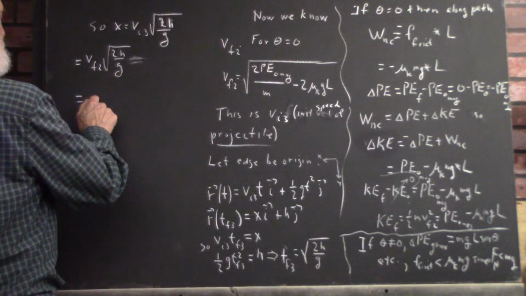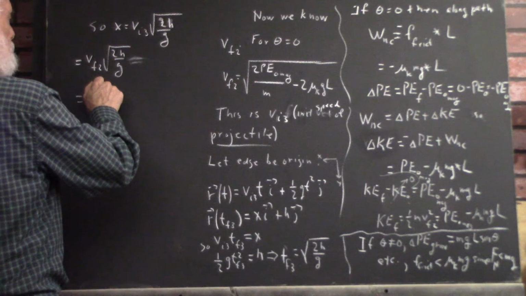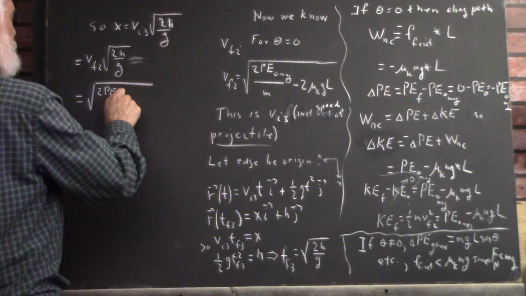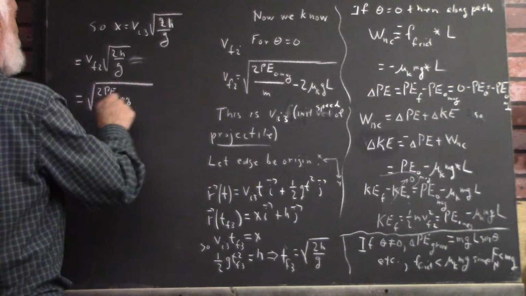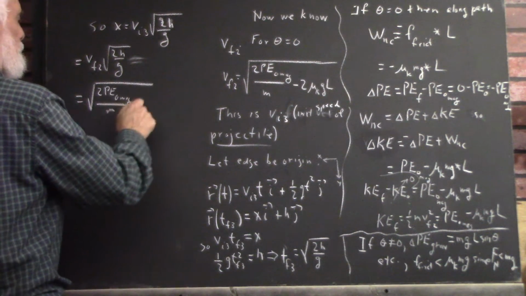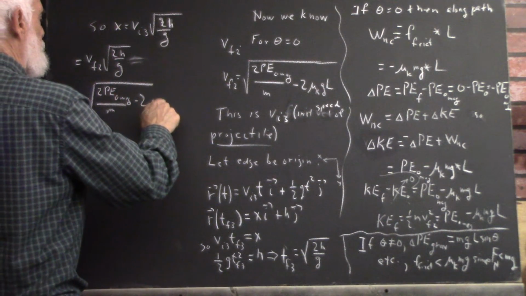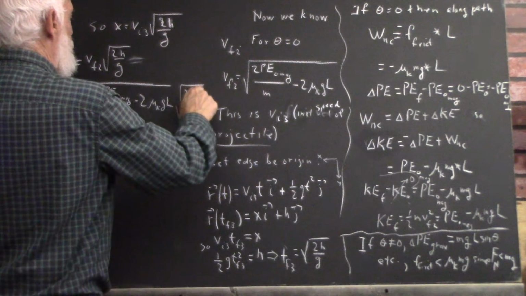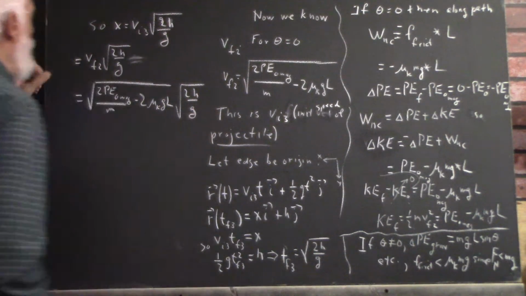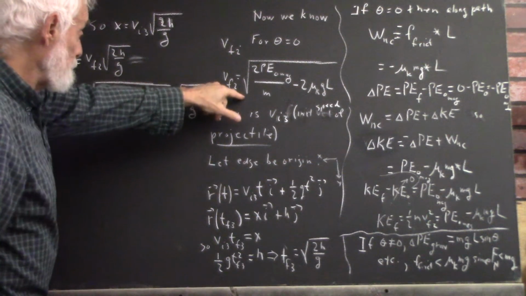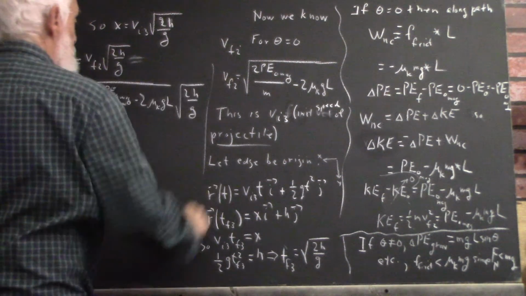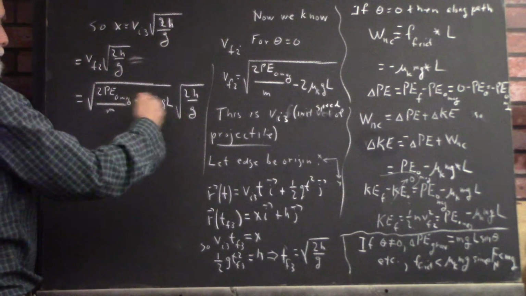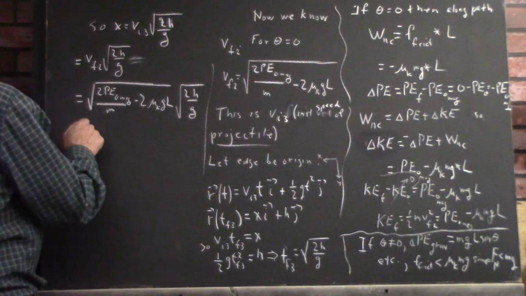It's going to be this final velocity for stage 2 times this, and of course it's a square root times a square root, so you can multiply through, and you get